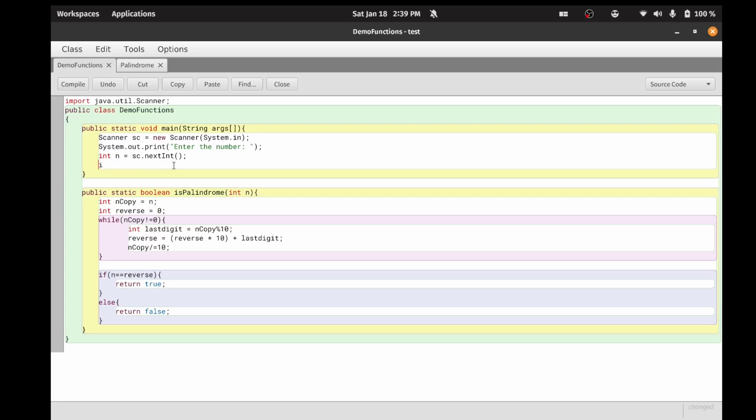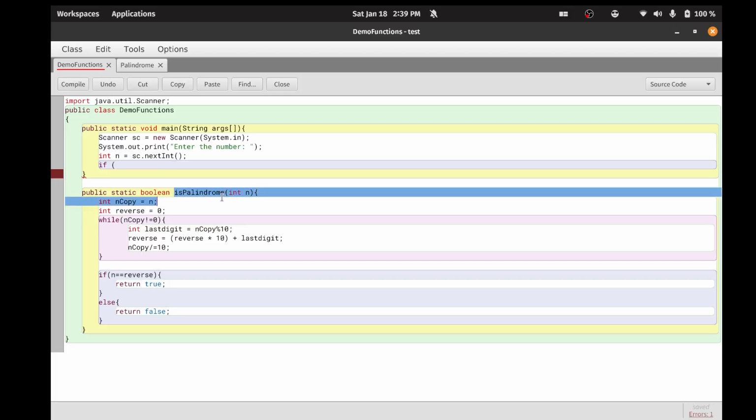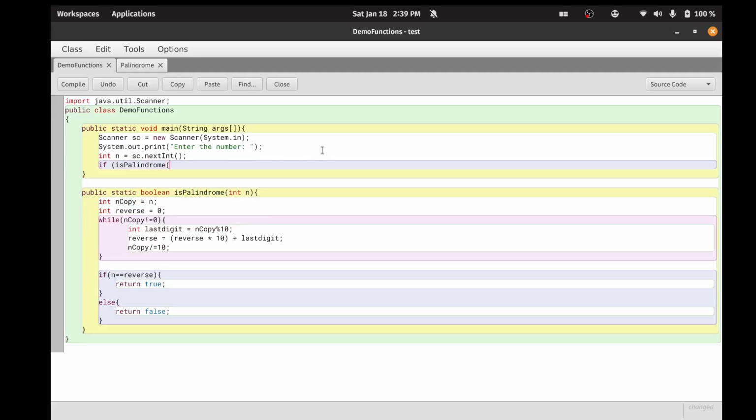So I'm gonna say if, what was the name of the function? isPalindrome. So I'm gonna say isPalindrome, I'll pass the user value. If isPalindrome(n) equals true,